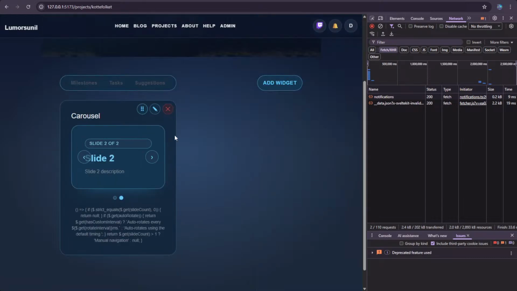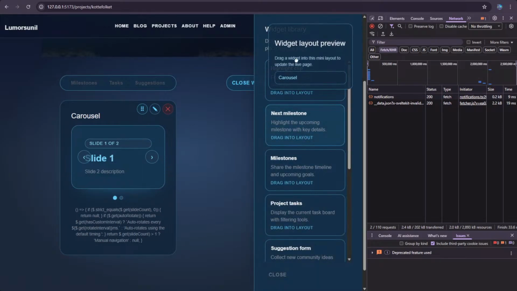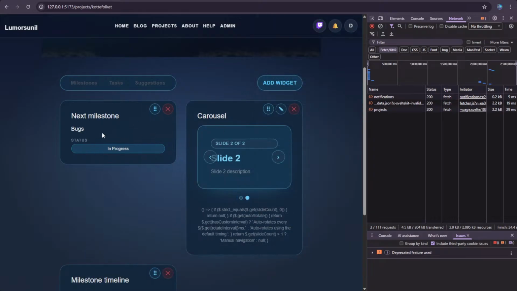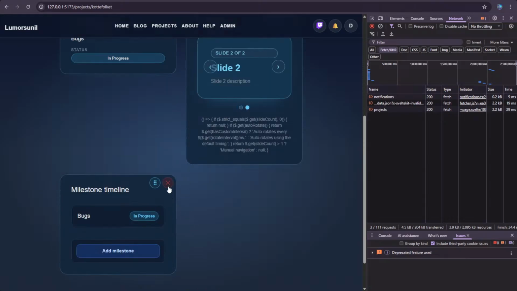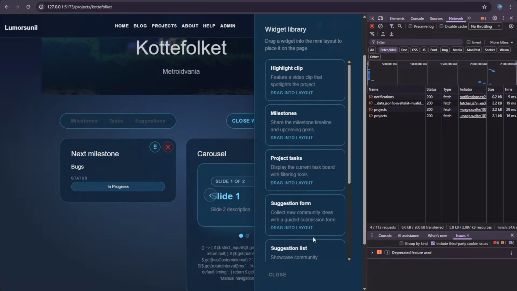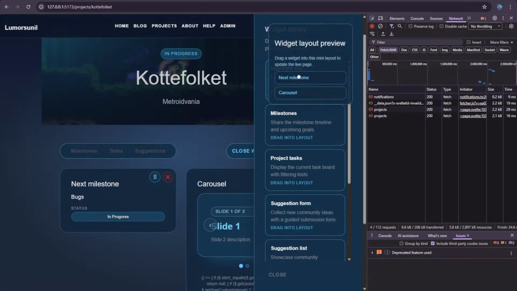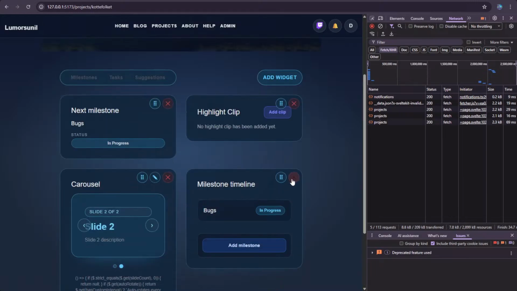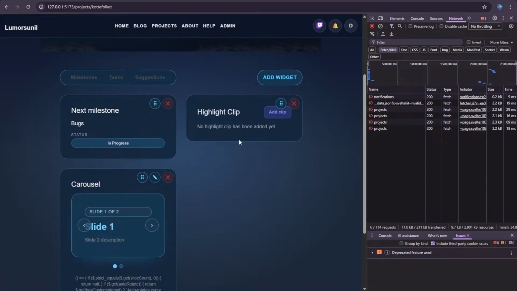I can add, like, next milestone like this, and that will show up here as a widget. So we have a bunch of widgets, and before, okay, I think there's a bug with this. If I add one, it always adds another one. Okay, that's another bug. Anyway,